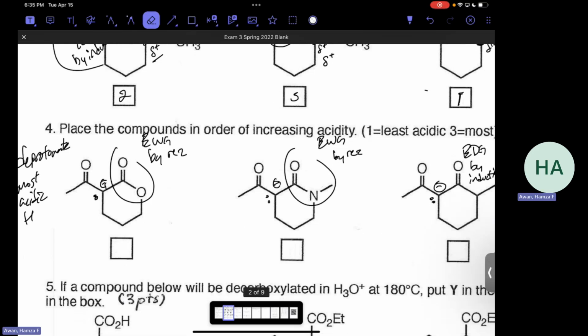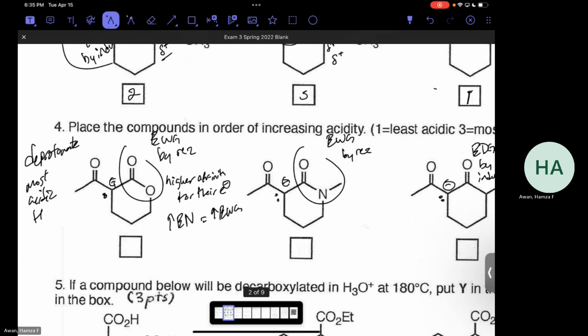Whenever something is electron withdrawing, that means it's going to have a higher affinity for electrons. And so that's essentially saying that a more electronegative group leads to a better electron withdrawing group, a better EWG. So between these,